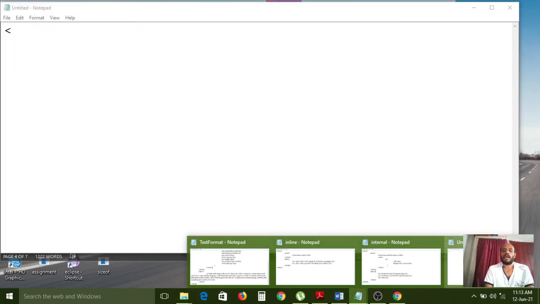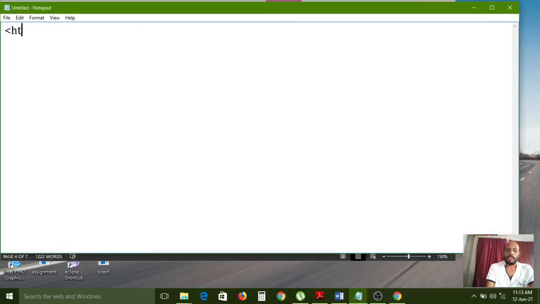For that, I am opening one notepad window, writing opening and closing HTML tags, and here I am opening and closing the head section. Now I want to use the title tag. What is the title name here?